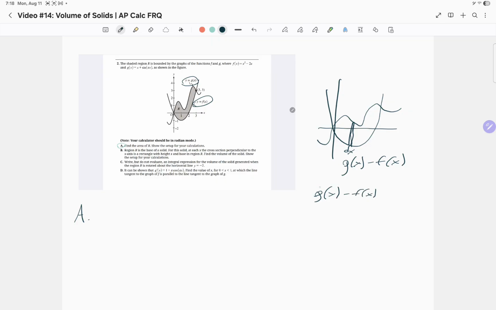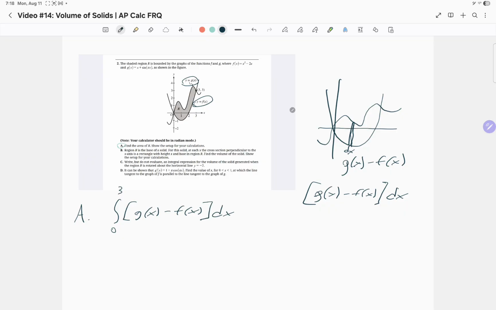That is our width. That's our length, right? Times dx. But we want to find the entire area of that region, so we're going to be adding up all the rectangles, all these little infinitesimal rectangles from 0 to 3, as that's the region R that we are given. So the answer for this question is going to be the integral from 0 to 3 of g of x minus f of x